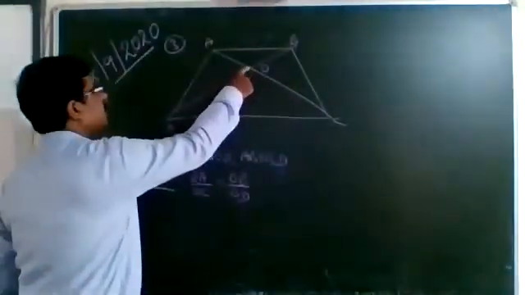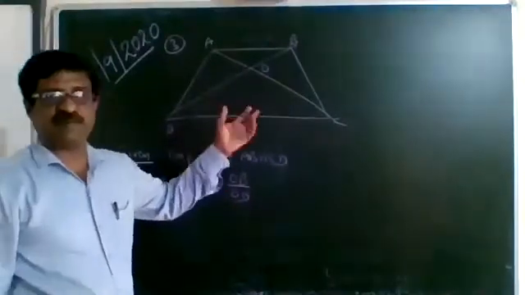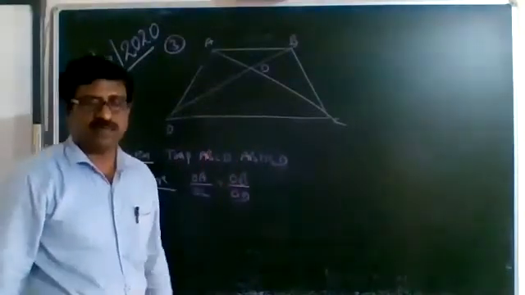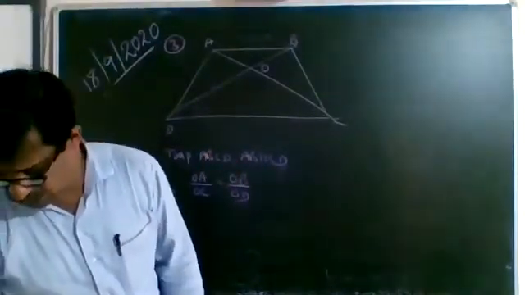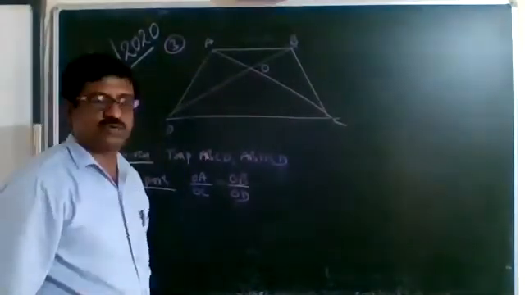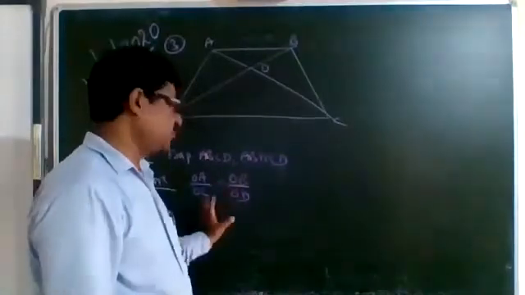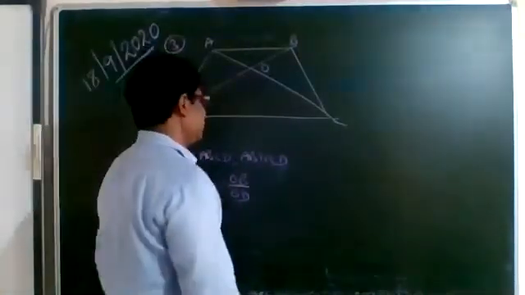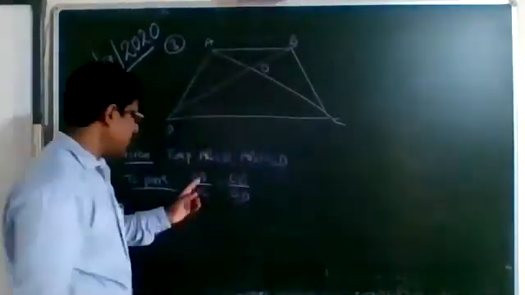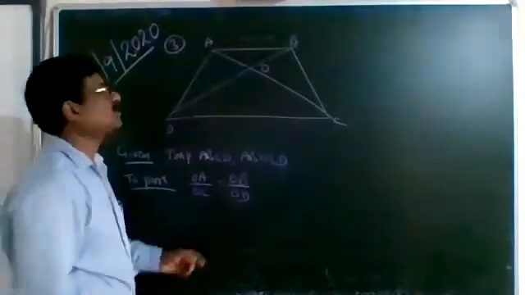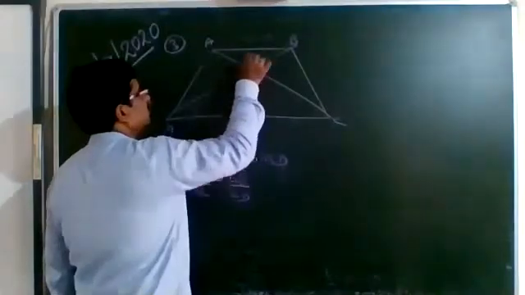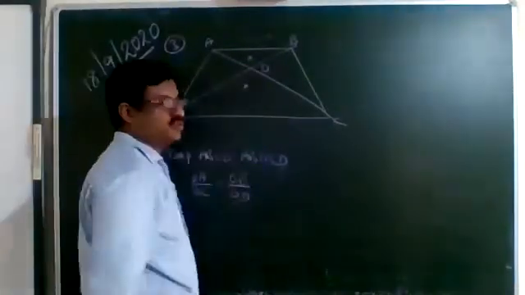Here we had drawn a line parallel to BC and AB, but now we will try to do it by the criteria of similarity. It is already mentioned to use a similarity criterion for two triangles, so we have to see how to use it. Criteria of similarity are used for showing two triangles similar. Choose the triangles with OA and OC. OA and OC are coming in these two triangles, so we can take these two triangles and try to show them similar.